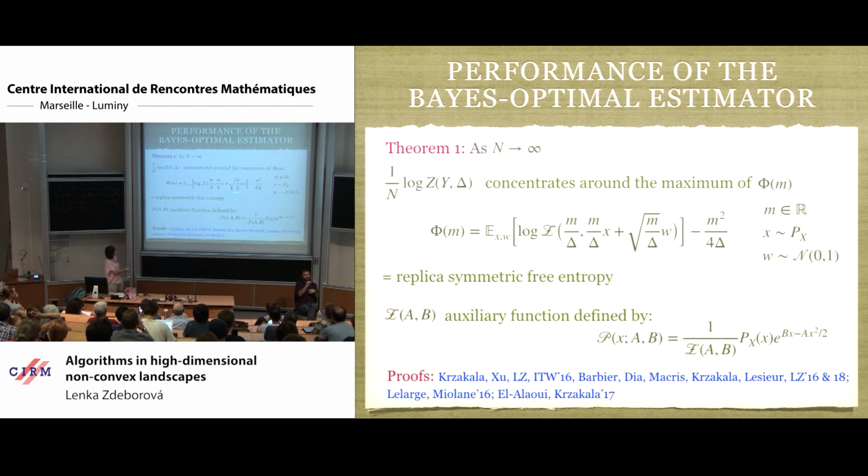And to understand it, there is the m, there is the delta, and x and y are scalar variables distributed either from the prior or a Gaussian. And there is this Carl Z, which is defined as a normalization of a probability distribution that you obtain if you multiply a Gaussian times the prior. So it's a particular scalar probability distribution.